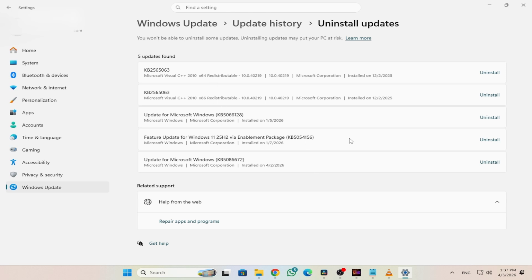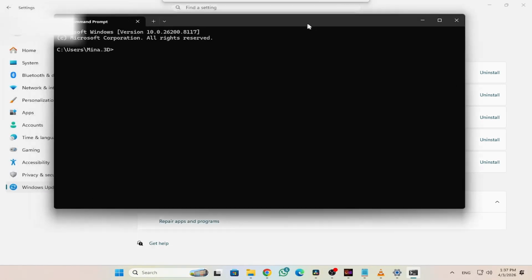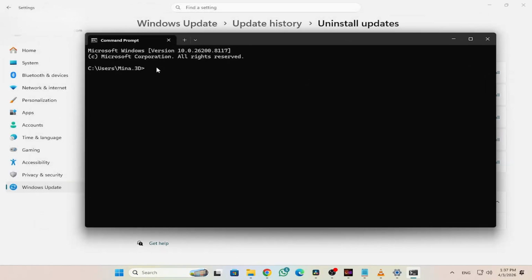If uninstalling the update does not resolve the problem, the next step is to perform a system file check scan. To do this, search for Command Prompt in the Windows search bar. Once it appears in the search results, right-click on it and select Run as Administrator from the context menu. In the Administrator Command Prompt window that opens, type the command